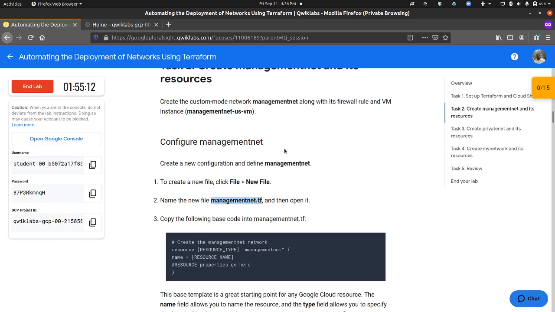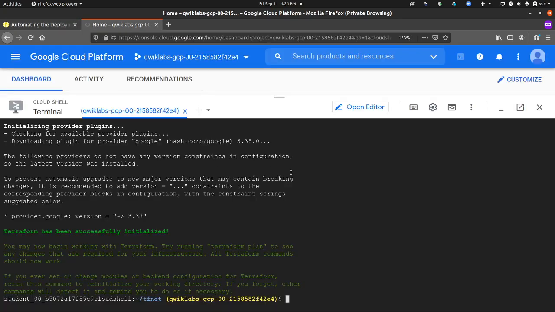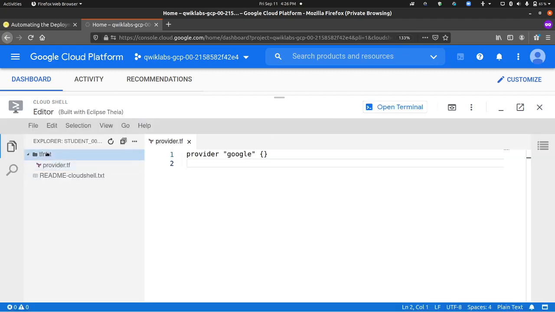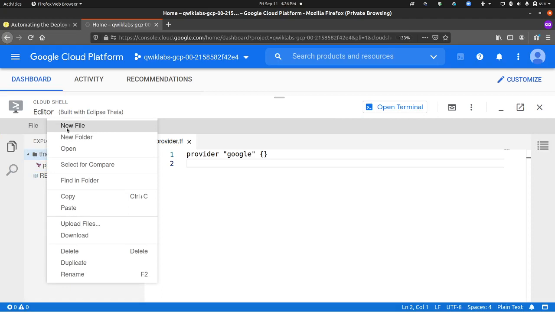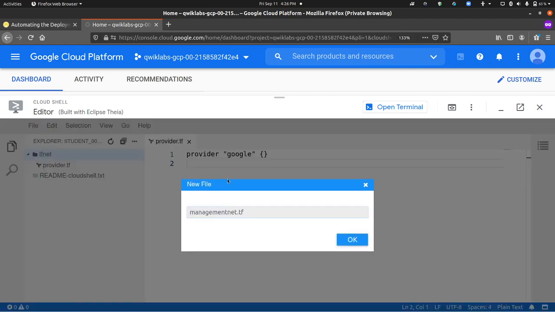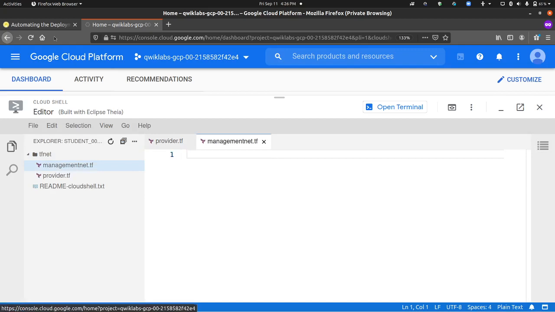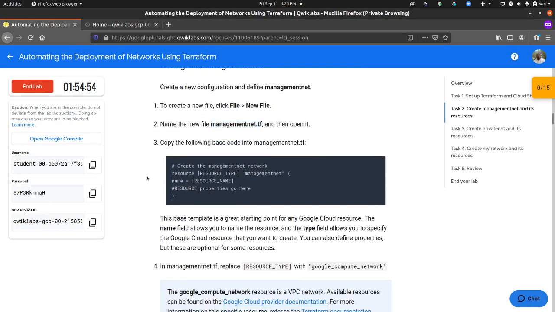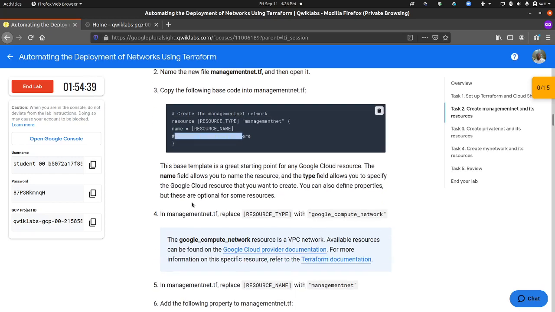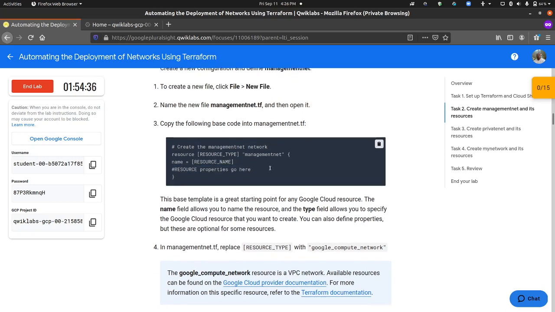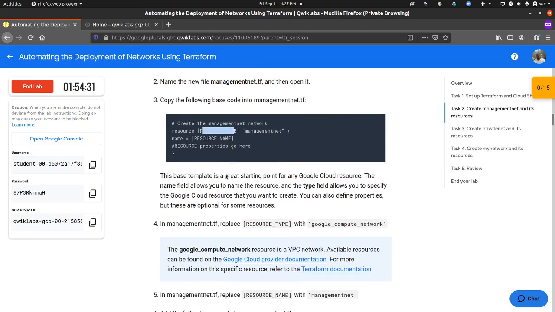Let's copy this one. Let's go back up here and come back here and then right click again and then new file and paste that in. So what are we supposed to put in that new file? We're supposed to put this. This is the code that should go in there. It's creating a resource. This will be the type. This will be the name. Of course, that same name will be here, and then the properties will go here. So we don't need to copy this because we'll be replacing this placeholder text with the proper